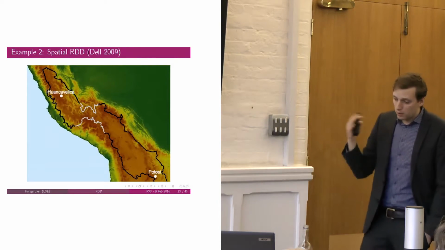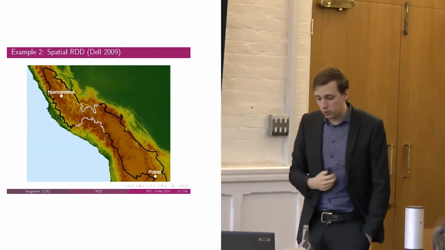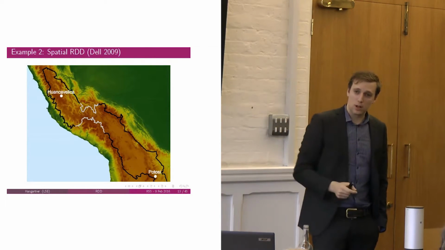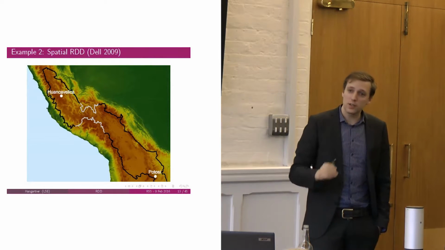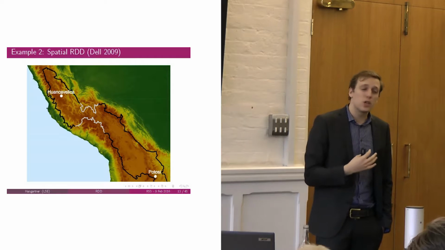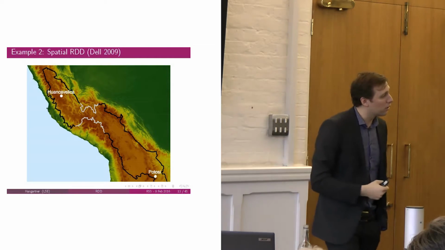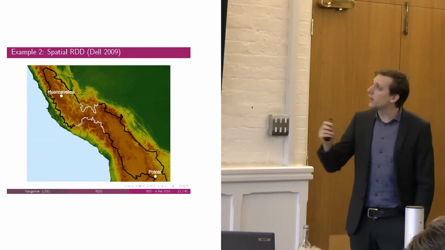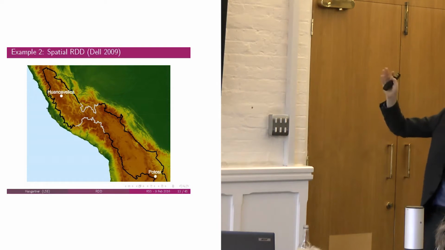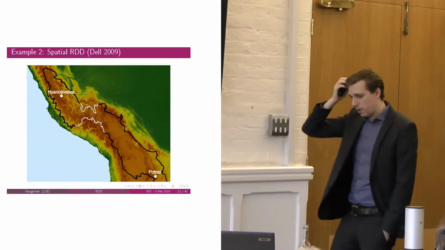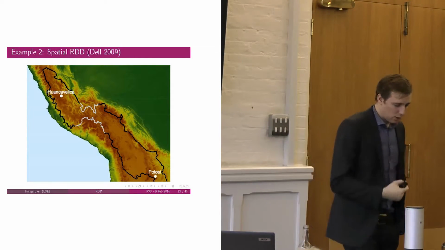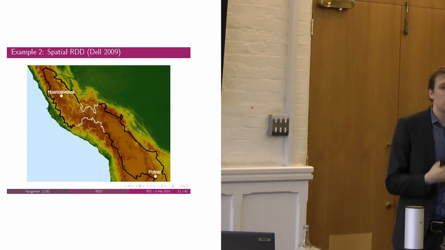Okay. There might be also other ways to use the regression discontinuity design, and I understand the next speaker will talk about the temporal RDD, so I'll focus here just on the spatial RDD, basically exploiting geography so that we can also learn something about things that discontinuously change at some borders, right? And what we see here is based on a paper by Melissa Dell, which was then published in 2010, where she was looking at the effect of the mita, basically,